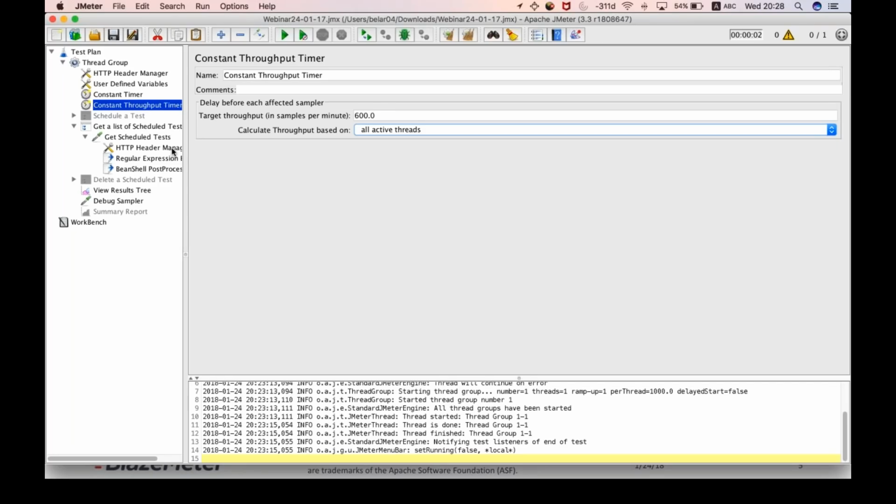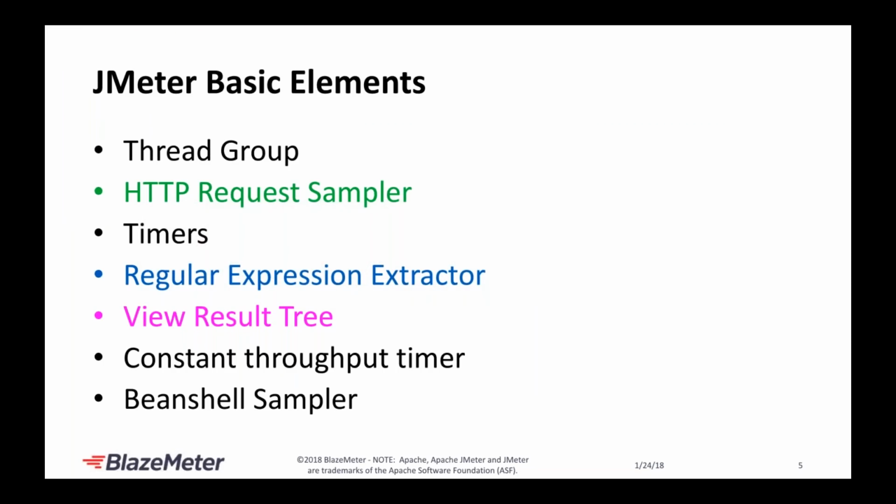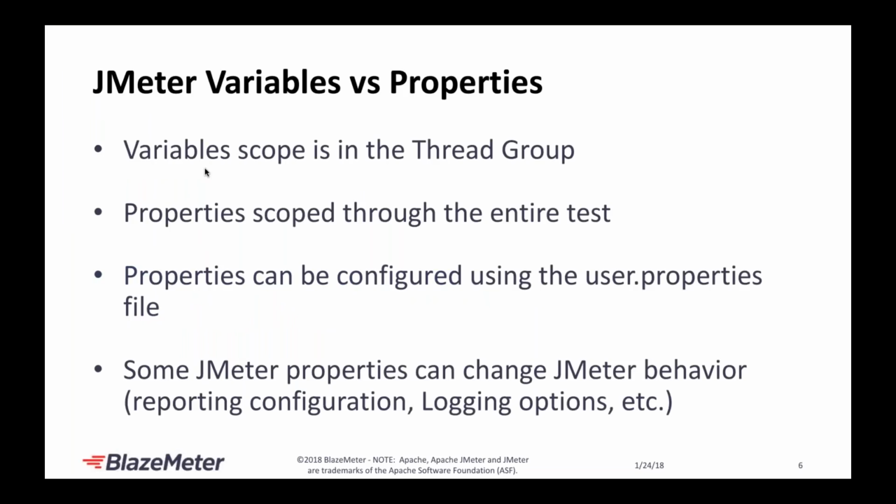Now, before we move to BlazeMeter, the last thing I want to show you is JMeter variables and properties. These are two important and very helpful features. So first of all, what is a JMeter variable? Variables are scoped at the thread group level. Properties are scoped through the entire test and can be used globally between thread groups. That's a huge advantage. Properties can be configured using a